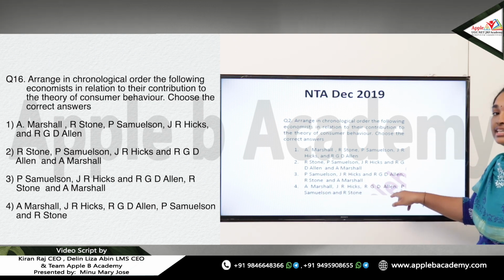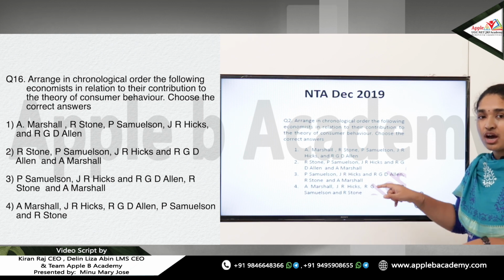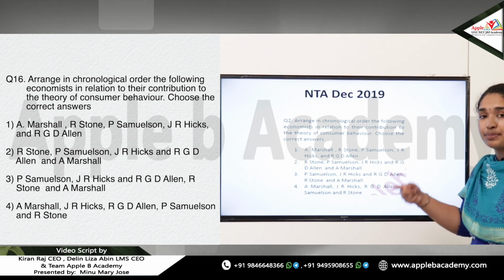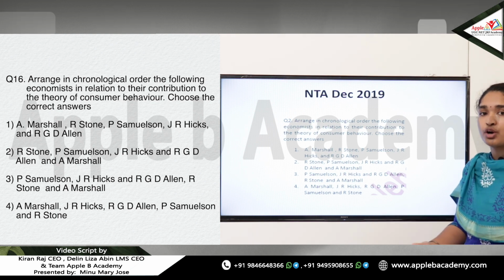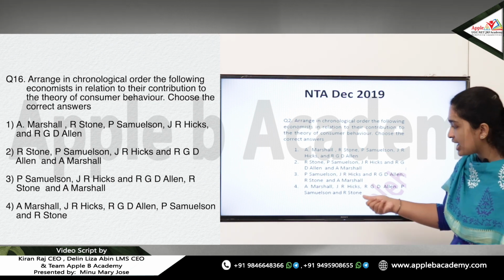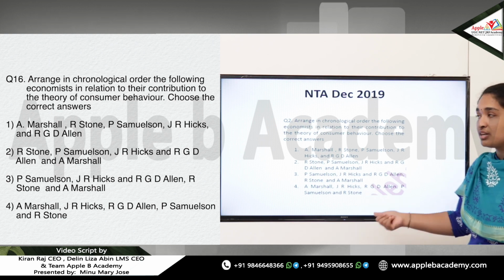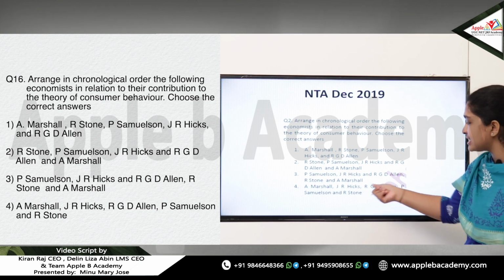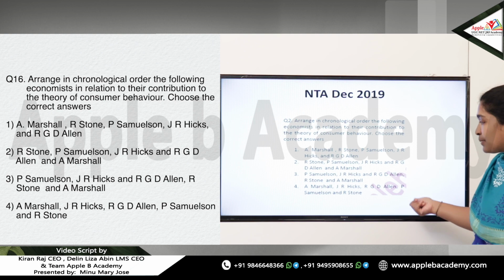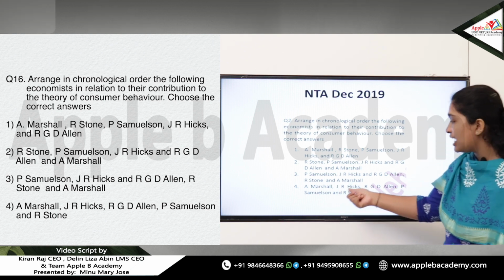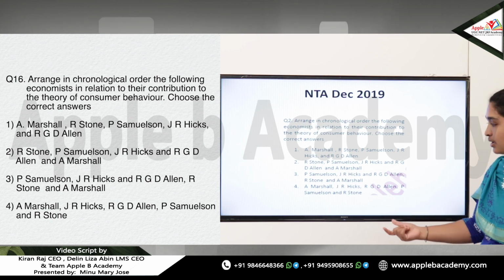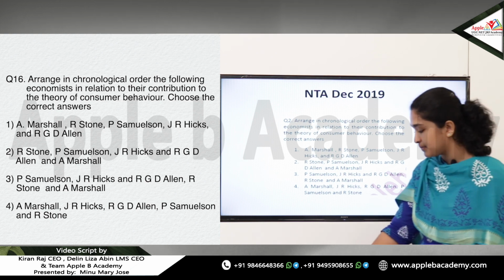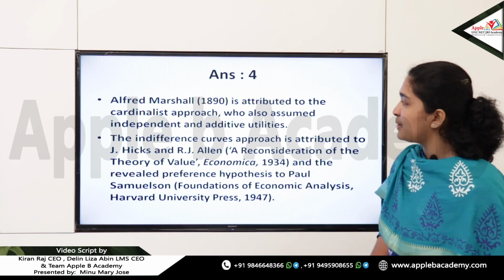So this is exactly the chronological order in which the consumer demand theory developed over time, and this was the order in which each economist contributed to the theory of consumer demand. So the answer for this question would be option 4, that is Marshall, Hicks and Allen with indifference curve theory, Samuelson with revealed preference theory, and Richard Stone with his ideas on the linear expenditure system, etc. So option 4 is the answer. That is Alfred Marshall